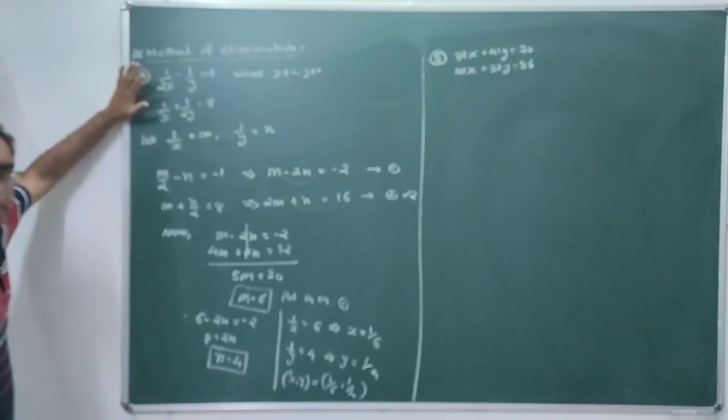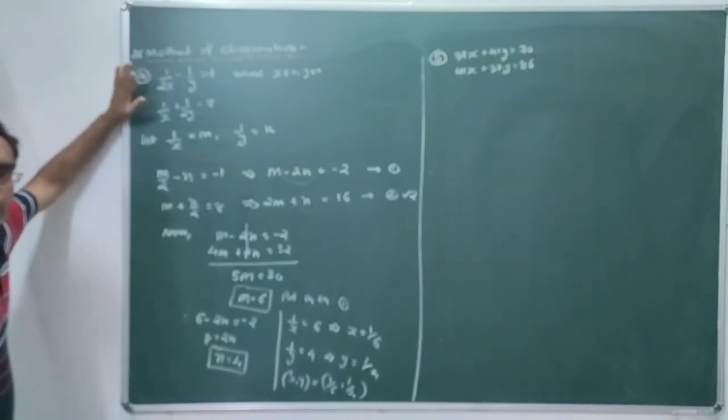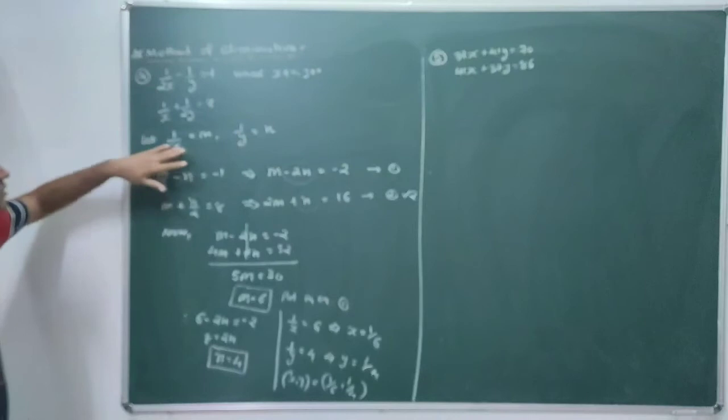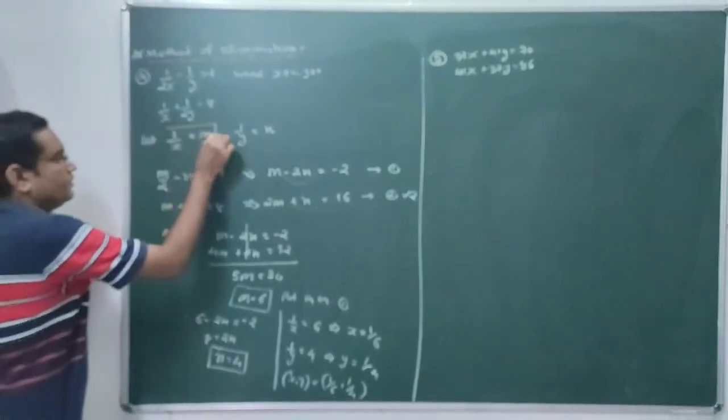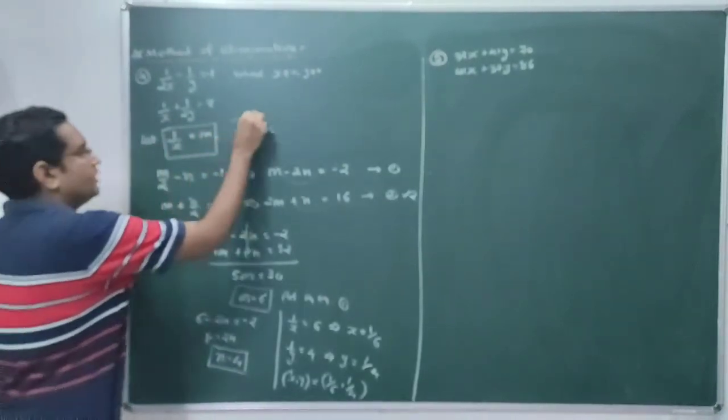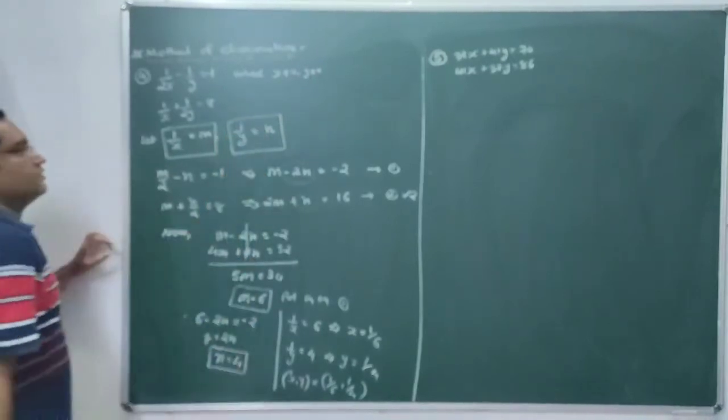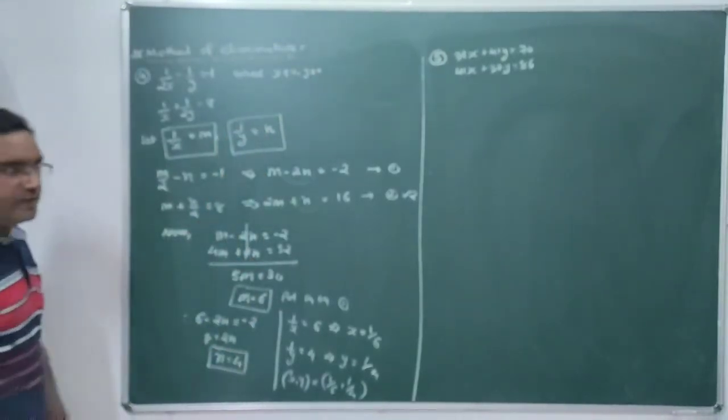So this is how you can solve your question number 4, in which when equations are given, the equations are not linear equations. These are known as reducible equations to the pair of linear equations. So that can be solved by taking the arbitrary variables. You can take any variables. Done? Now second case.